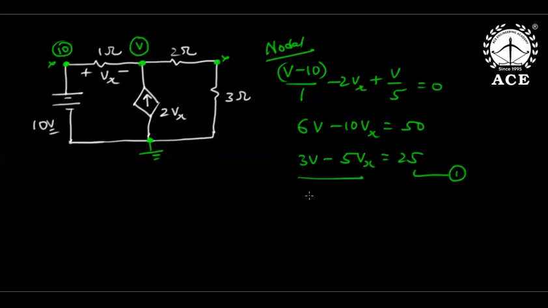So Vx is 10 minus V. That is the equation. So now if you solve these two,